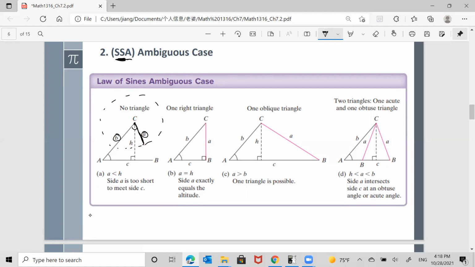If the A is so short, there's no intersection with the AB. AB is unknown. I don't know how long the AB is. And the A is so short, there's no intersection with the segment A and the ray AB. That means there's no triangle, because triangle means